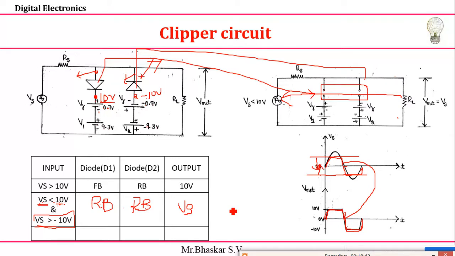Okay. Now the third condition. Just go to my third condition and analyze. It's very simple. First case, my source voltage is greater than 10 volts, this part. Second case, in between 10 volts and minus 10 volts. Third case, it is less than minus 10 volts, this is the less part, minus 11, minus 12, up to minus 20. What will happen? That is what I am writing here.